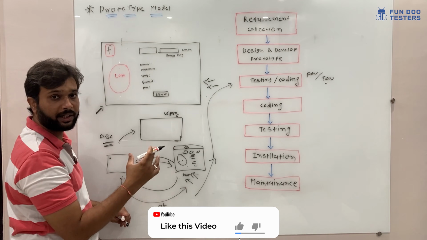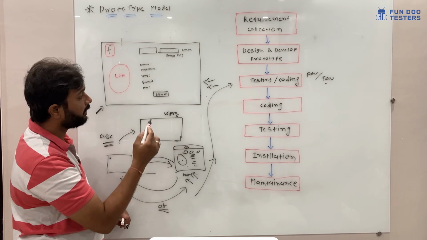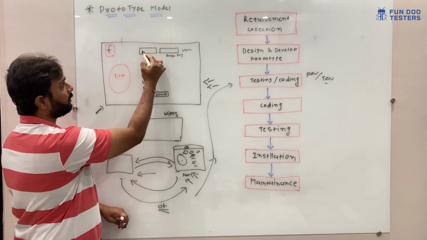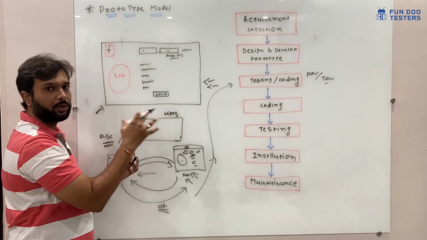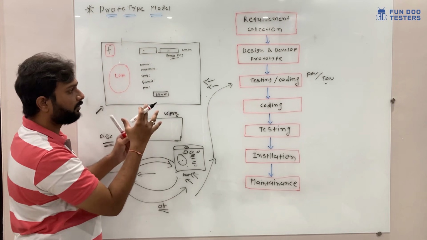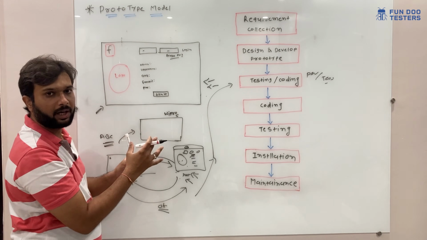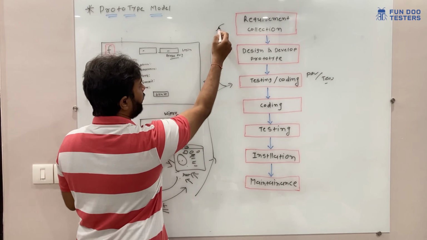They will create the architecture of the code. Meanwhile the tester will start writing the test cases. The tester also tests the prototype. For example, I am adding username and login button, and if forgot password is missing, they will note it while testing the prototype. If anything is missing, or there is any requirement gap, or they are not able to understand anything, they will again contact the client or the requirement collection team.